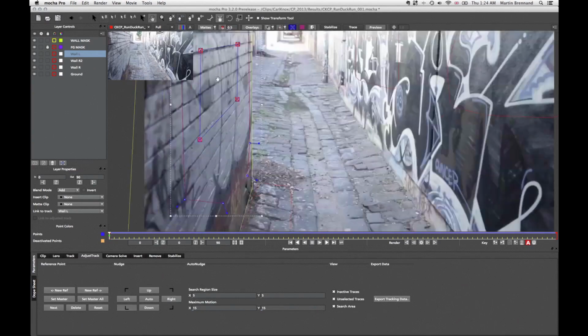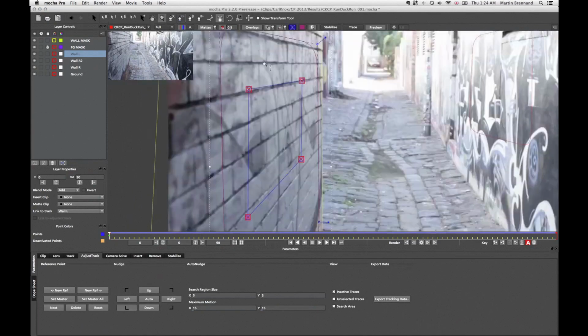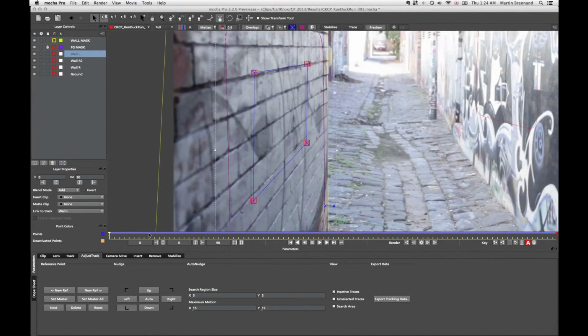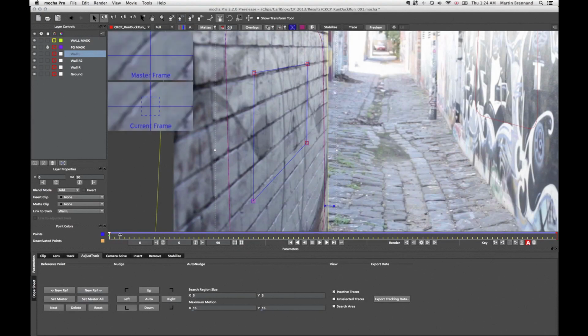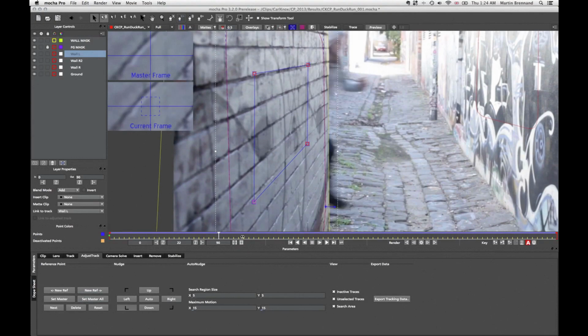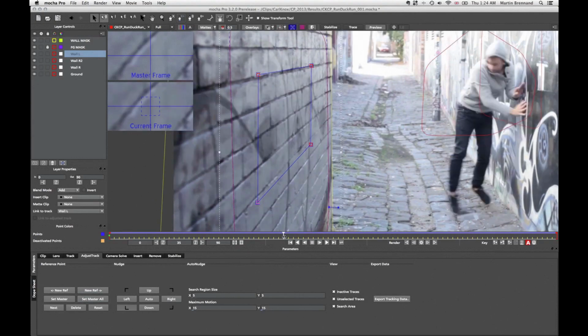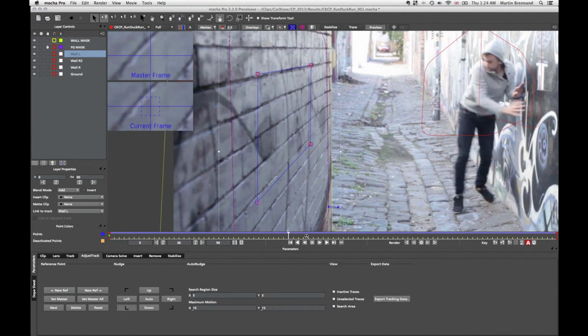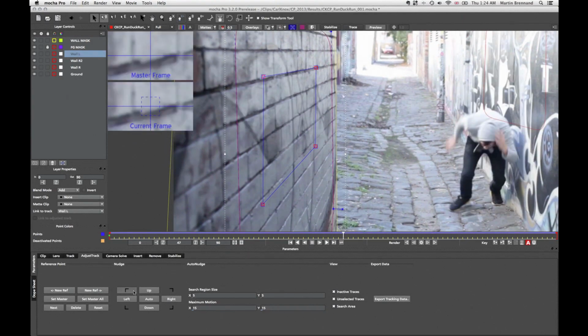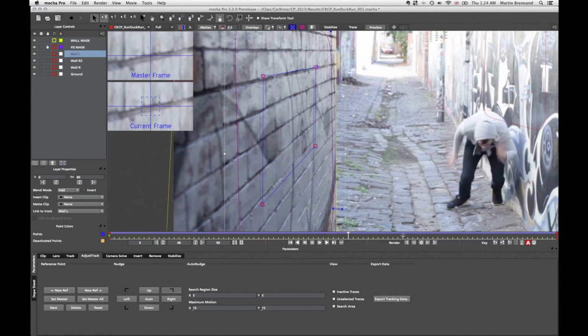So when we go into Adjust Track, we get these tiny little corners in the shot here. The way these work is we set a master key, and then when we go through the shot, we get these little corner zoom functions up in the top left here. This will tell us whether or not the corner that we're working with, in this case the bottom corner from these corner controls down here, has had any drift going through the shot. So this shot is actually pretty sturdy, but if I wanted to adjust it,